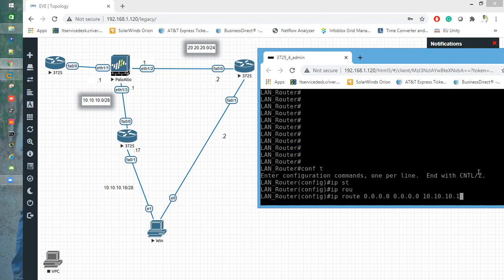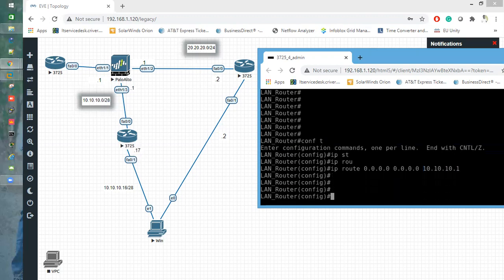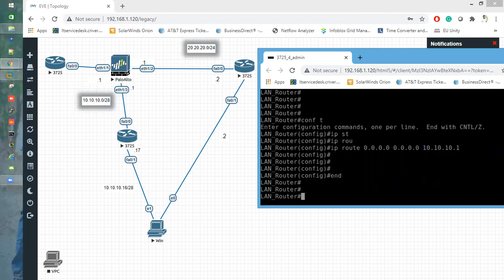Any destination IP address, any destination subnet mask, my LAN router should forward it to the Palo Alto's LAN interface, which is this one. So I'll just hit enter and I'll save the config.